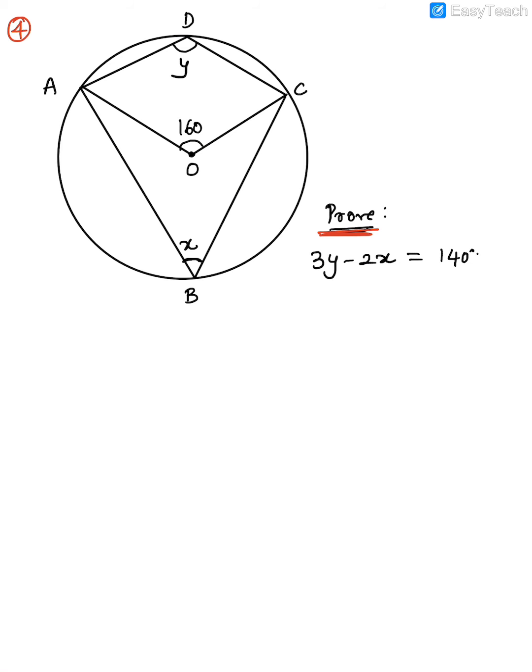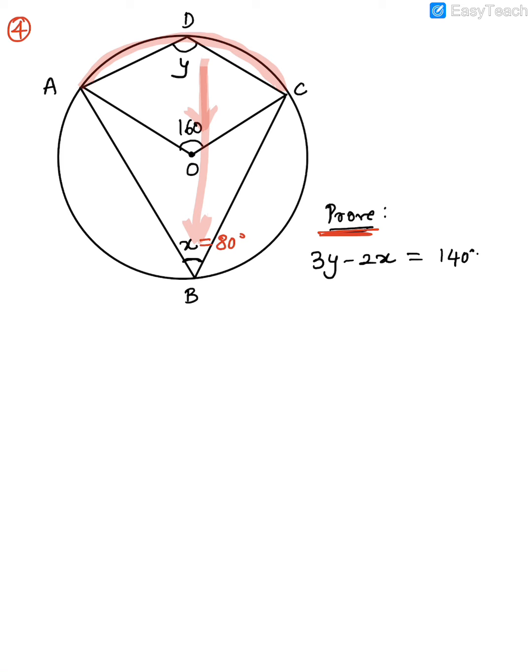So first we'll say angle x is equal to 80 degrees, because the angle at the circumference will be half of the central angle. See, what is the arc here? This is the arc, right? Here to here. Now this is the angle at the center and this is the angle at the circumference. Clear? So the angle at the circumference will be what? Half of the central angle.